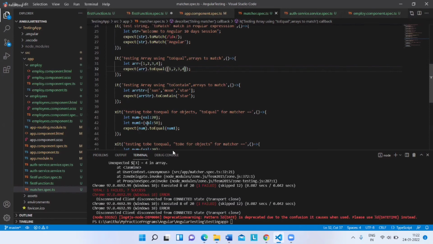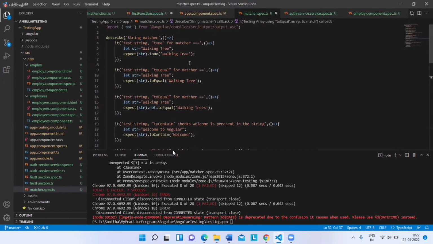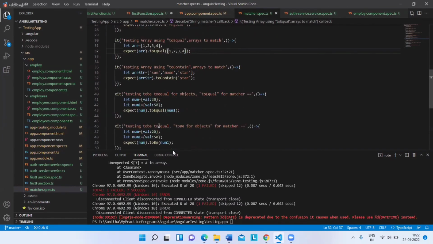So now I'm trying to use toBe. What is the difference between toEqual and toBe, the matcher? toBe is also toBeEqualTo. So what I have written is toBeEqualTo walking tree, toEqual walking tree. Now here the change is in testing toBe and toEqual for objects. toEqual and toBe, an error will come when you are trying to match for the